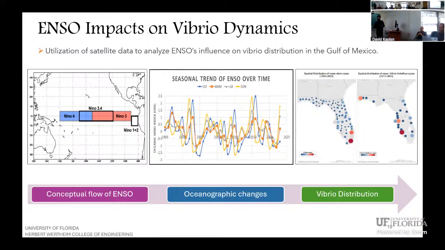Keeping in mind that these are metropolitan cities, there are a lot of water activities and more people are involved with the ocean and going to the coast, so more people are prone to get Vibrio infection, and also the tourism industry, as compared to other regions where there are not that many water activities.